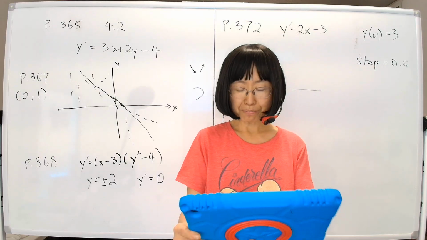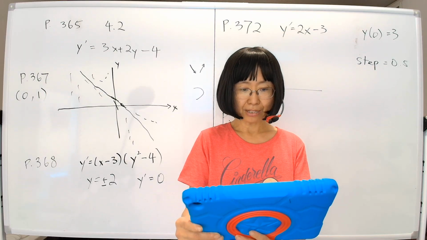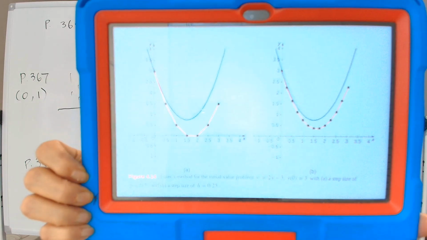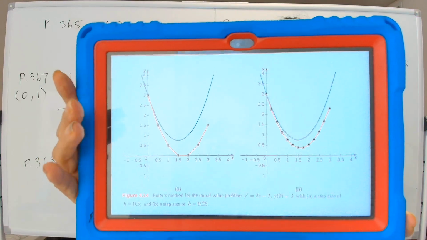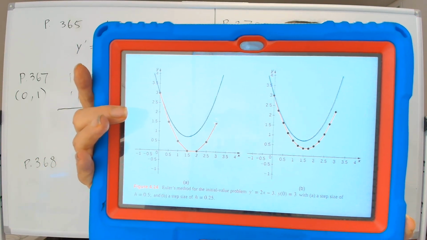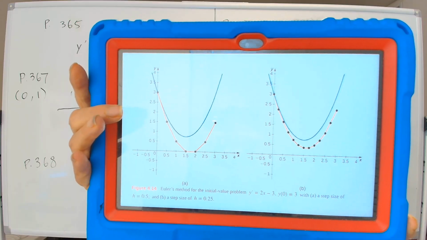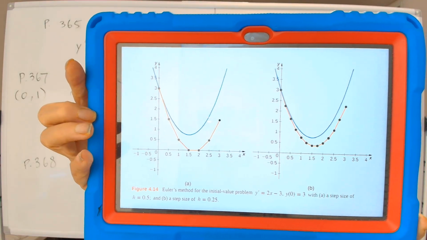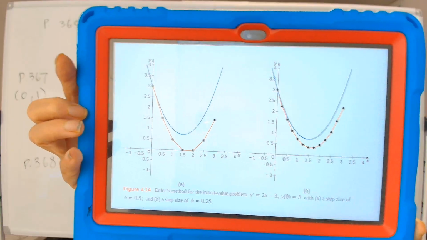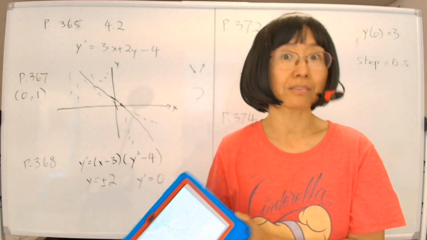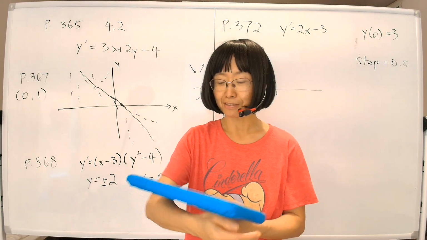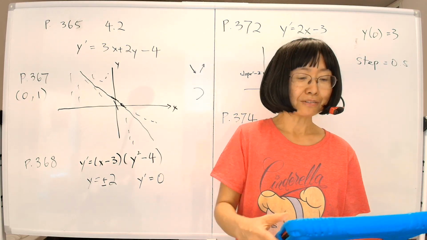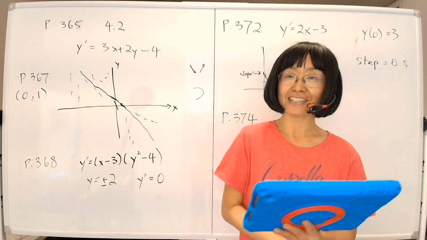So on the following page, page 374, you can see the effects of a smaller step. This is the bigger step, 0.5 or something. And the other one is the smaller step, about half that much, 0.25. As you can see, the smaller step does a much better job, but of course the smaller step means you have to do twice the work. So that's that. So please try to use Euler's method,